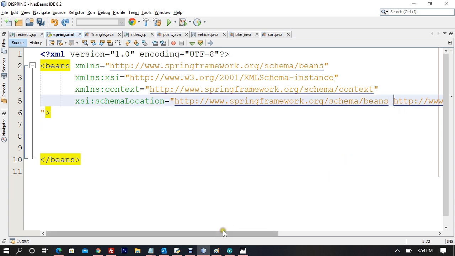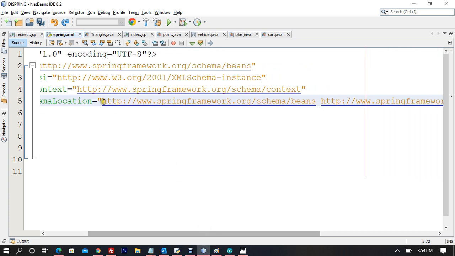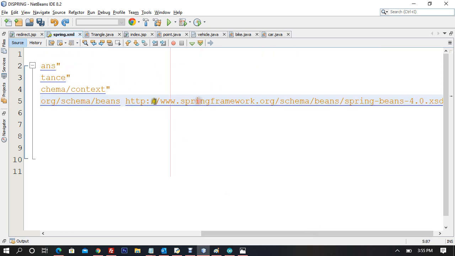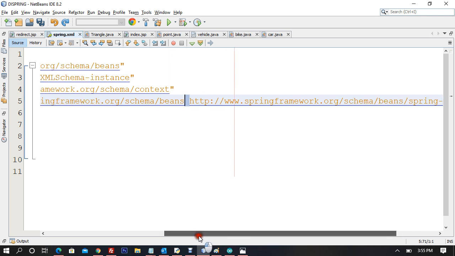You can see schema location has two URLs, one here and the second here, with a space between both URLs. I will create another space right after the beans tag